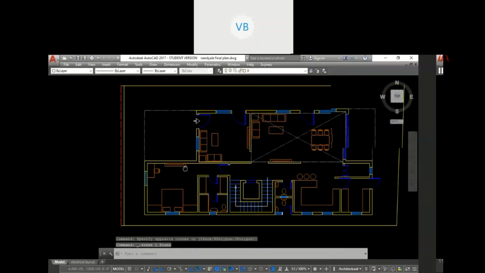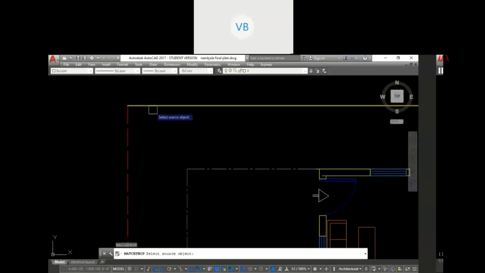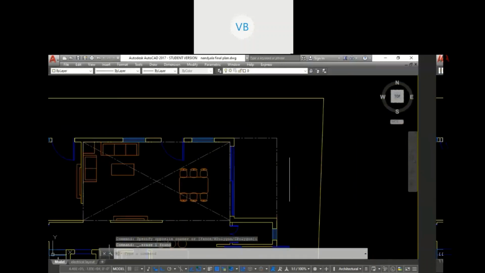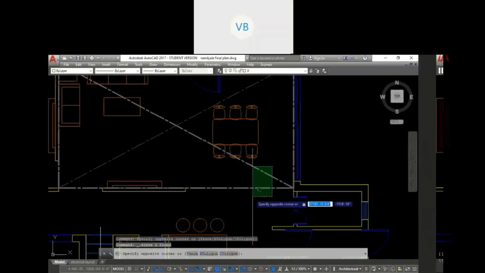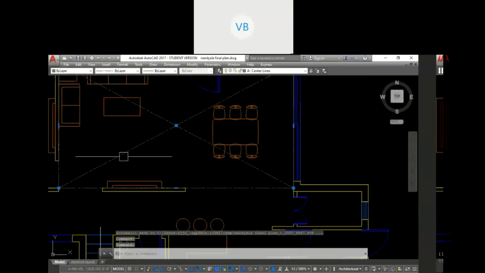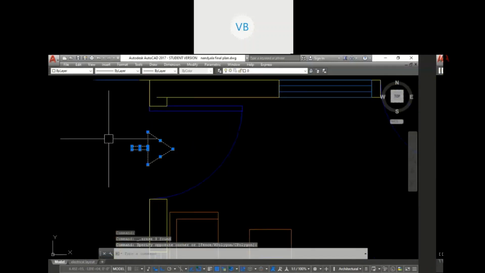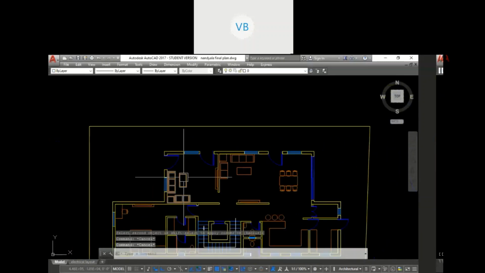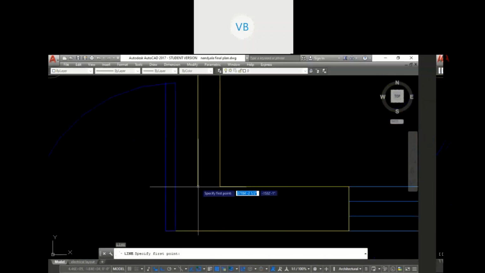So when I delete, it means all those things are not needed for me. You have to do this basic initial exercise so that the importing process gets smooth, and you don't have to worry about deleting some lines again in SketchUp.